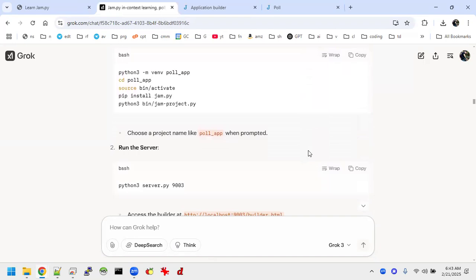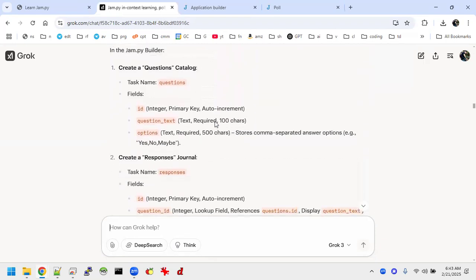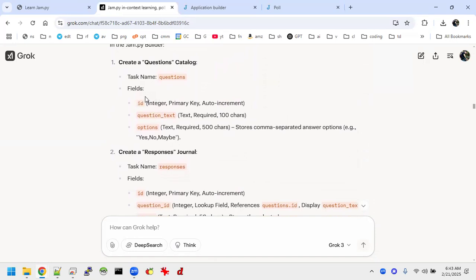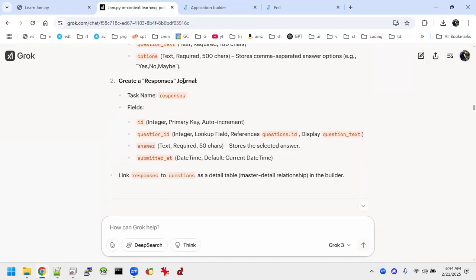And the first thing it told me to do was install Jam.py, which it got from the tutorial, run the server. And then here it told me to create a questions catalog with the task name of questions. And it gave me the fields. So a question text field, and then an options text field, each of different sizes, where we're going to store the answers to questions. And then it asked me to create a responses journal